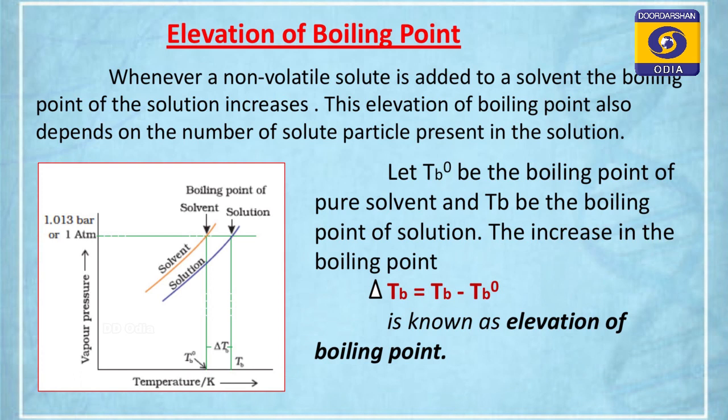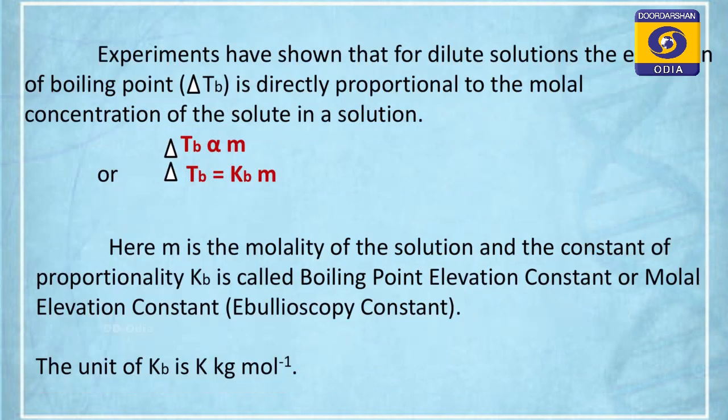As the vapor pressure decreases, the boiling point increases. Take the example of water: the boiling point of water is 100 degrees centigrade at 1 atmospheric pressure. If you add some sucrose or sugar to it, the boiling point will increase, because the vapor pressure will decrease. To make the vapor pressure equal to atmospheric pressure, we have to go beyond the boiling point of the solvent. That means it will be more than 100 degrees centigrade.